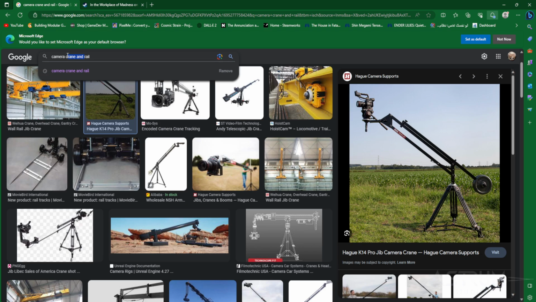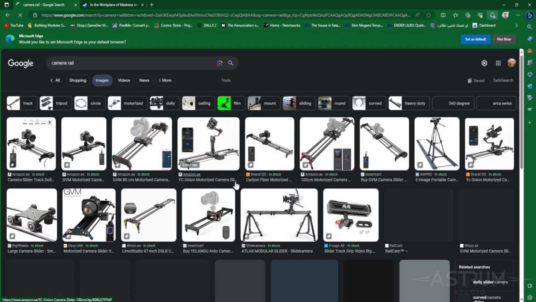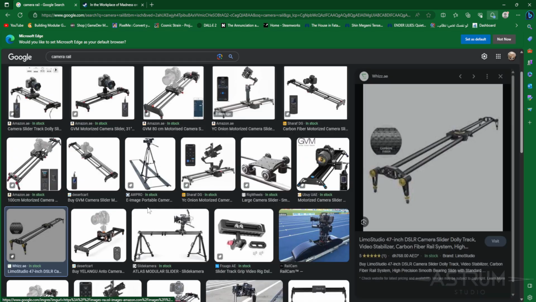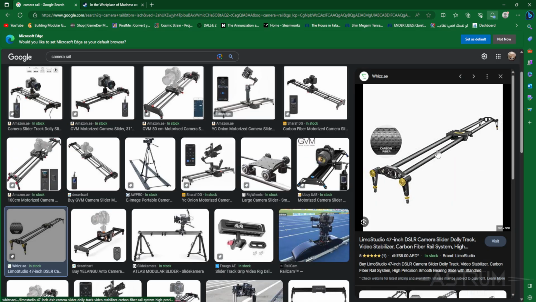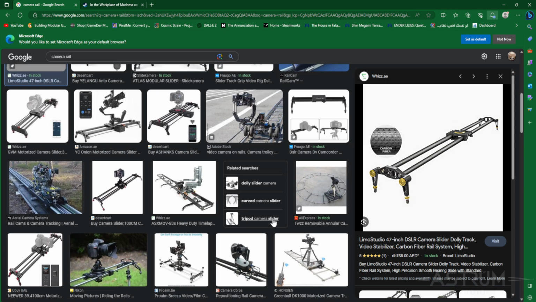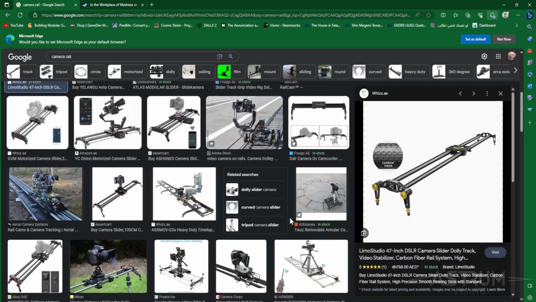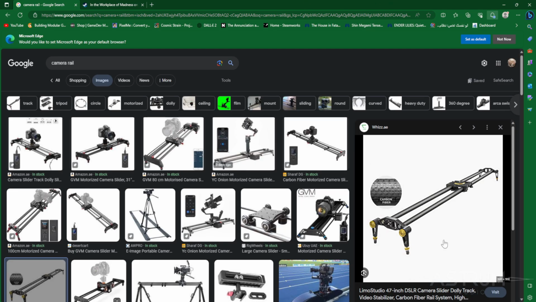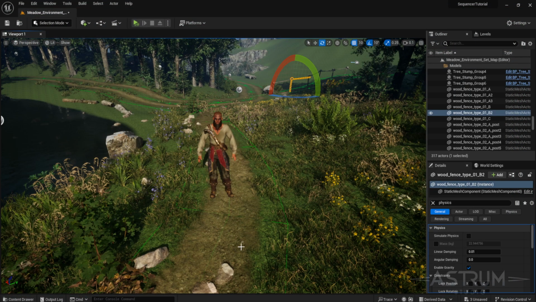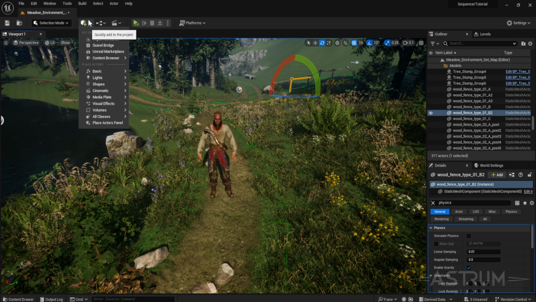And also, if you look for camera rail, you can see that we have this thing, which you can use to make the camera move straight or in a predefined path. So this is really useful in Unreal Engine, and I think it's even more useful than real life. So we are also going to check this out, and we are going to start with the camera crane,